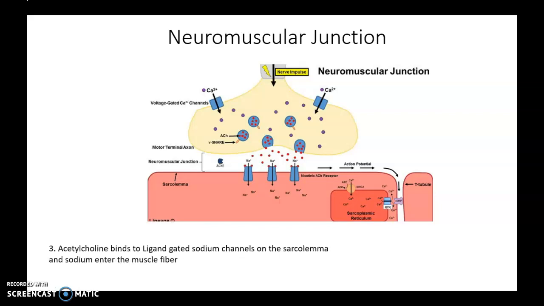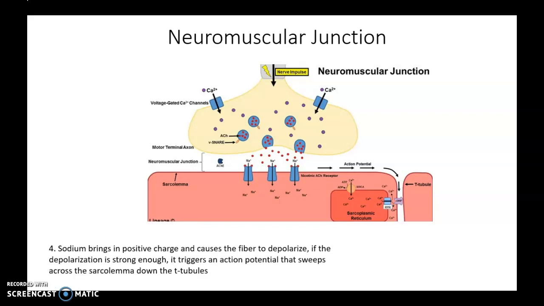Acetylcholine binds to specific ligand-gated sodium channels, which causes them to be opened, and sodium rushes into the cell. As sodium comes into the cell, it obviously brings in positive charge that causes local depolarization of the membrane here. And if the depolarization is strong enough, it triggers an action potential that sweeps across the sarcolemma, runs down the T tubules,